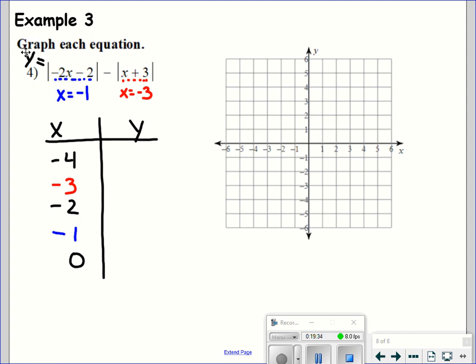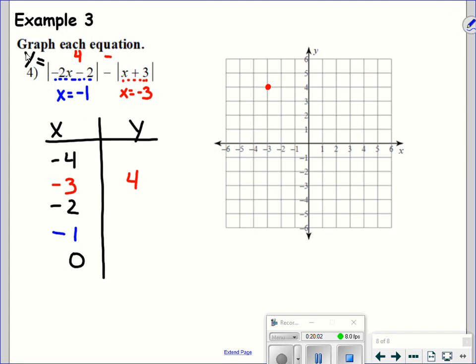All right, so let's start by plugging in our vertex points. If I plug in a negative 3, let's think about this. Negative 3 times negative 2 is 6, minus 2 is 4. So I know that first absolute value is outputting a 4. With the minus sign in the middle, if I plug in a negative 3 in that second one, it zeroes out. I know that output height is 4 when x is negative 3. Got that? Let's try our other vertex, negative 1.